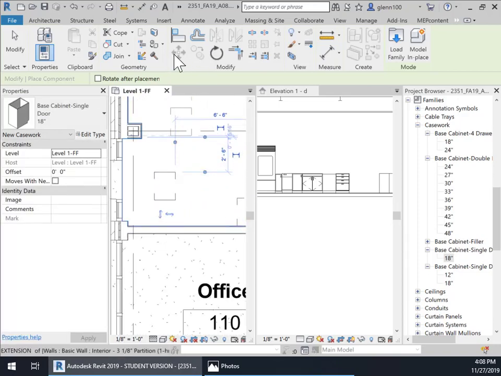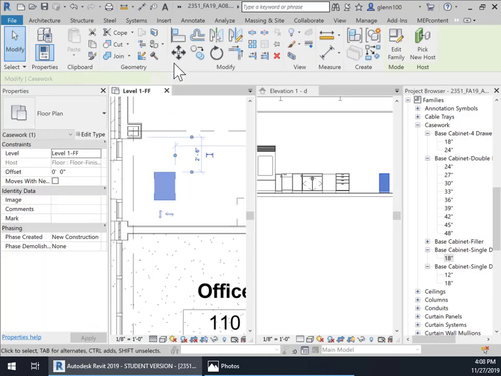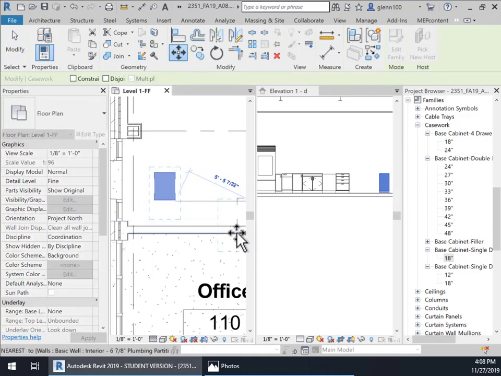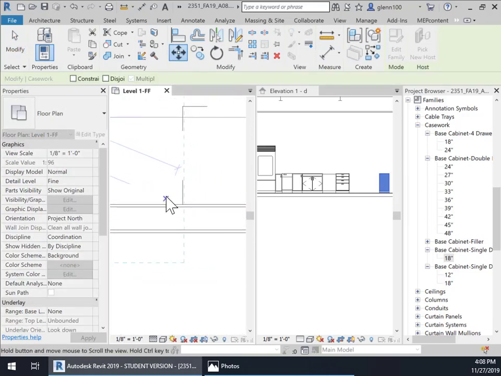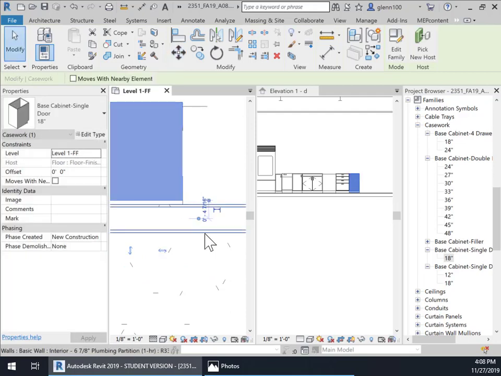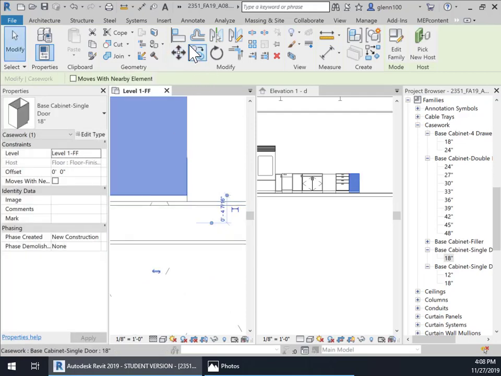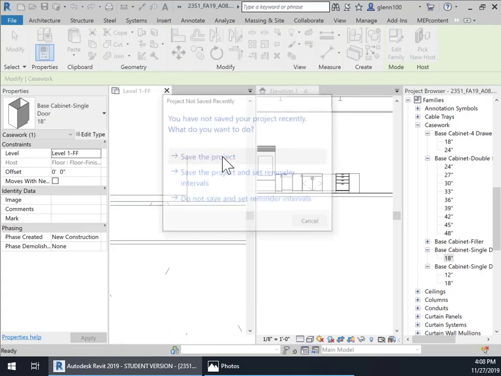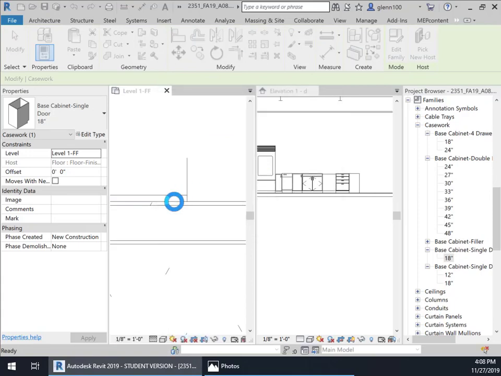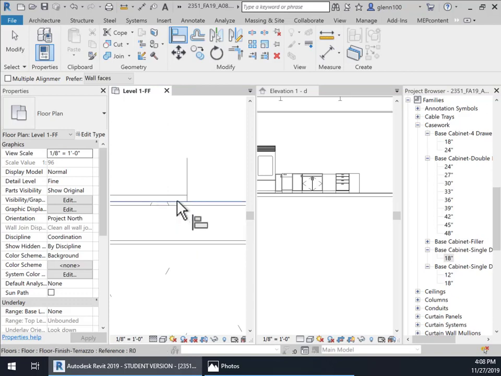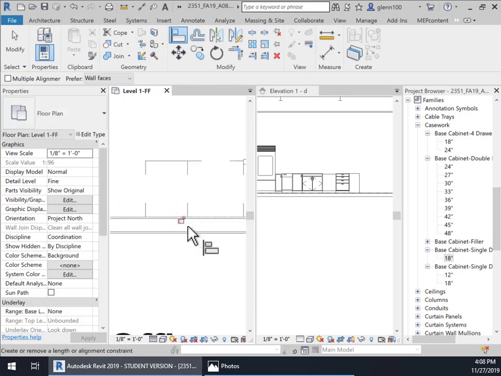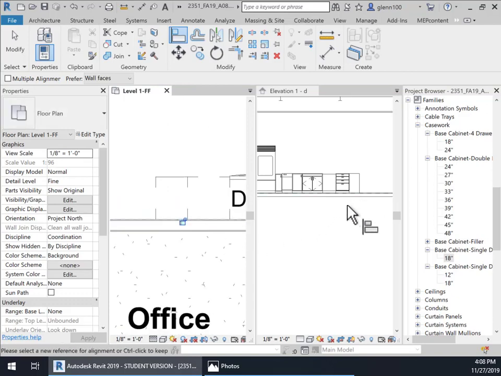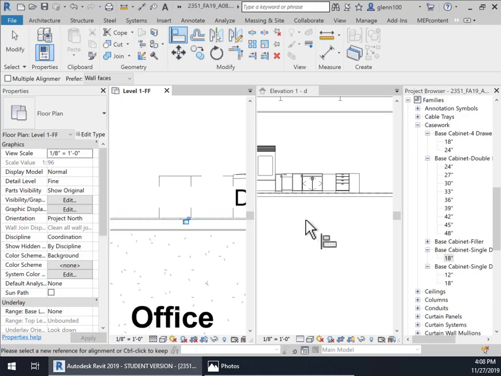And we'll just move this over. Oops, align. So just save the project. Probably should have just canceled on that. We'll wait for it to save, just for safety purposes, and then we'll align that there. Okay, and that should be very close